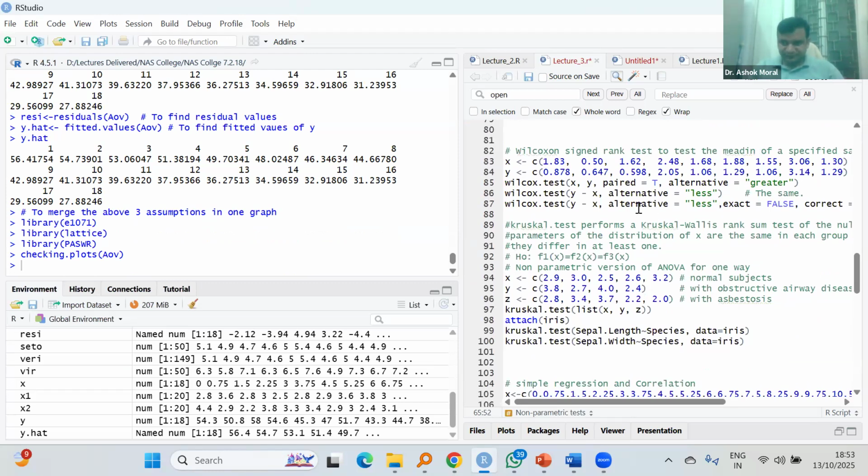Basically in non-parametric tests, we compare or test for the median. We test whether the median of a particular group or particular data set is equal to the population median, or generally the hypothesis that whether the distribution function capital F